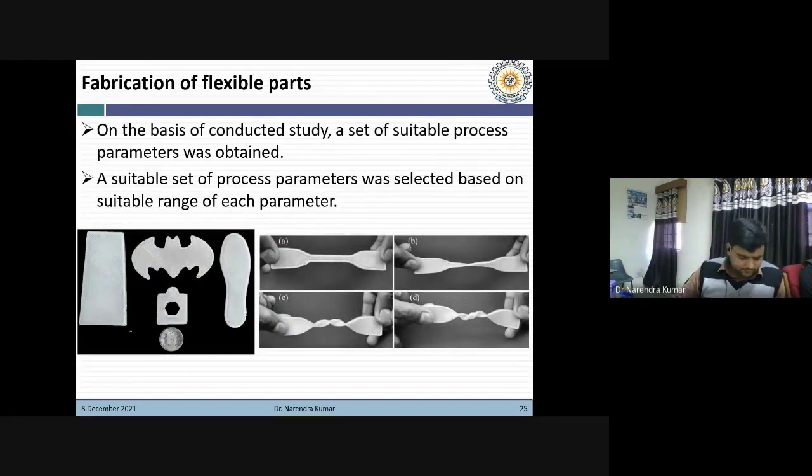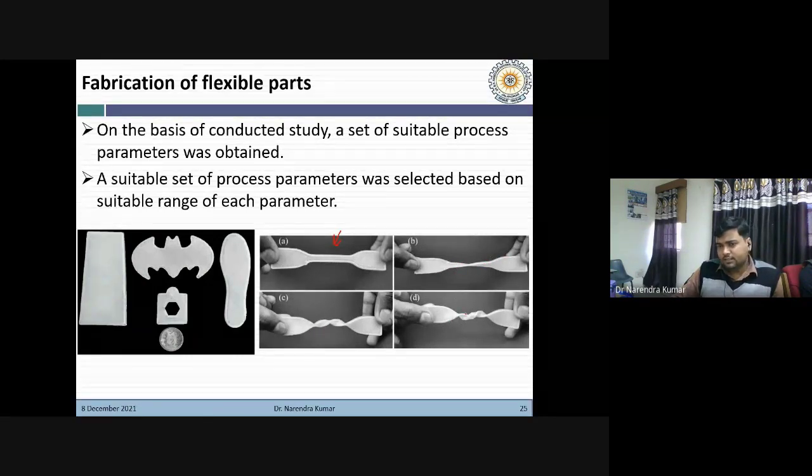Here you can see some of the parts which were fabricated with the help of EVA material. To show you the flexibility of these parts, you can see I have twisted this particular specimen. This is the original specimen that we printed using this setup, and then you can see the manual twisting, basically done to check its flexibility.